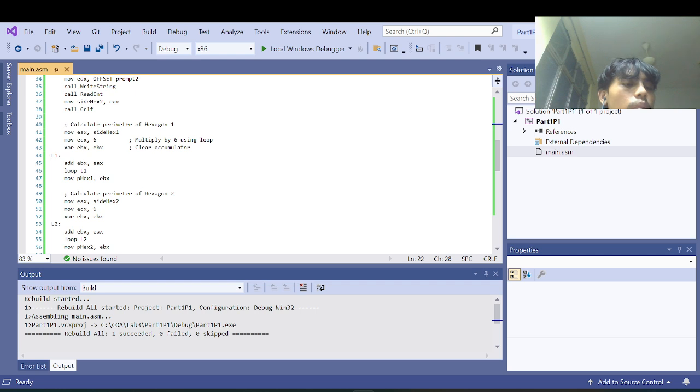For example, when we input the hexagon value in hexagon 1, they will loop the process. So this process will refer to the calculate parameter hexagon 1, which is here, this one. When we input the value, we just say from the set hex 1, because we already stored it in eax, then we just add with ebx. What is ebx here? Ebx here is the XOR,